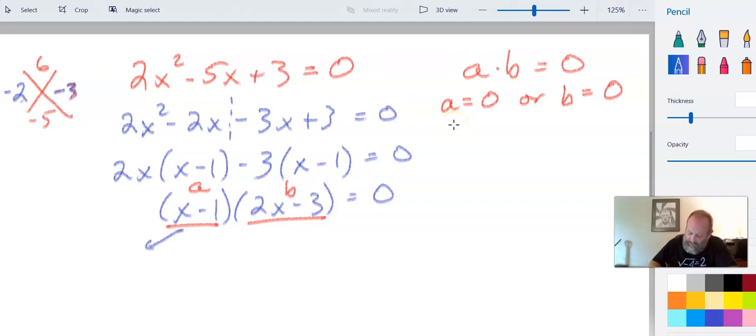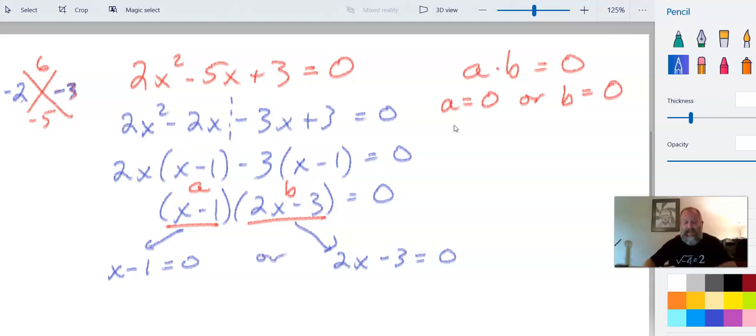If I go this direction, I get x minus 1 equals 0. If I go this direction, I get 2x minus 3 equals 0. And technically, that's an OR statement. If either of those things are true, then the whole thing is 0. Here, if I solve this by adding the 1 over, I get x is equal to 1. And over here, if I add 3 and divide by 2, I get x is equal to 3/2. And those are my two answers. There's actually two of them, 1 and